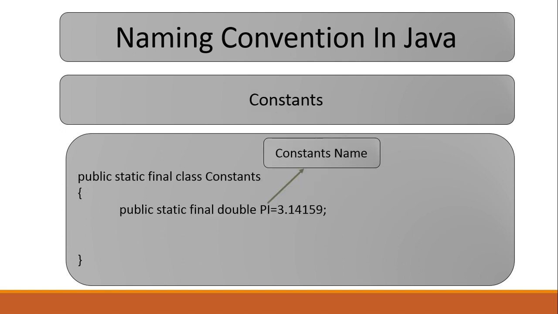Next is constants. Constants should always be in capital letters or uppercase letters. Look here, this is a constant PI, and the PI is in capital or uppercase letters, and these are the naming conventions in Java